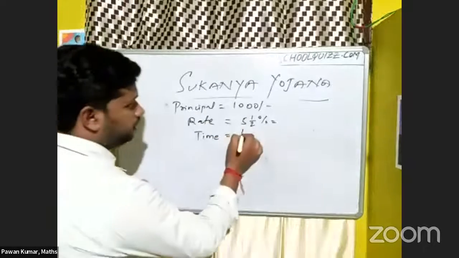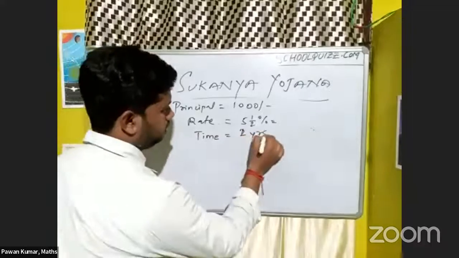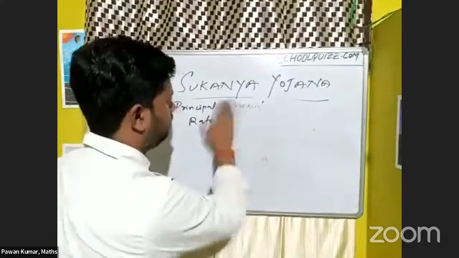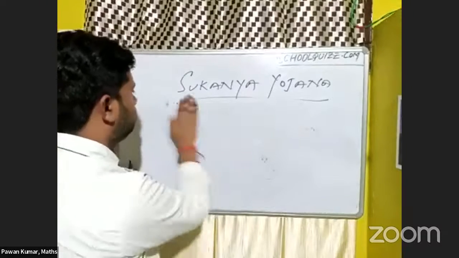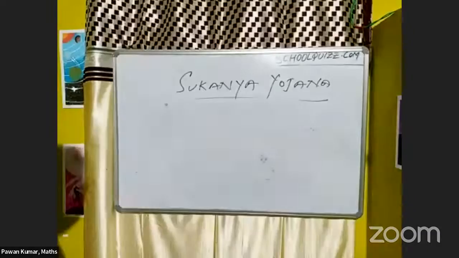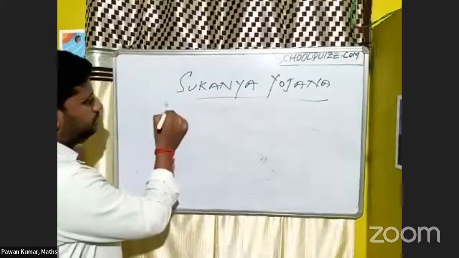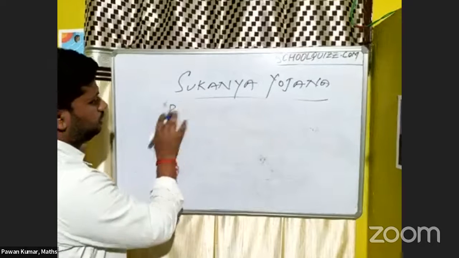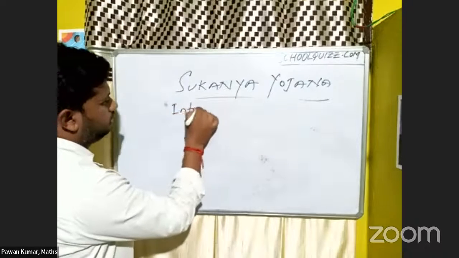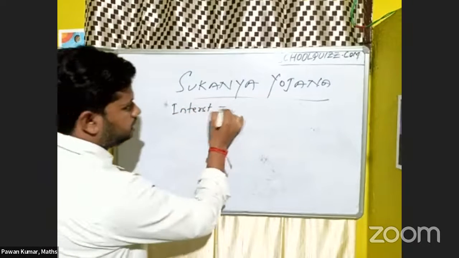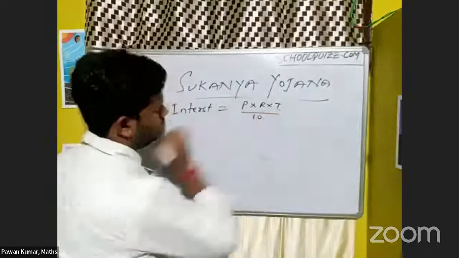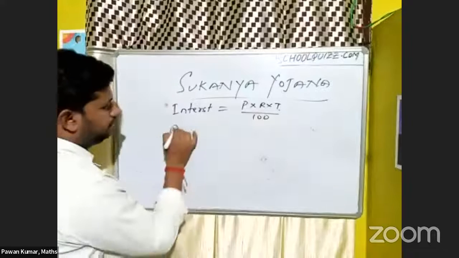So they do for 2 years. I'm saying, okay, wait. First, let's make the formula for that. See how the formula is made for compound interest. If I am saying the principal, interest, correct, interest is nothing but P into R into T by 100. Suppose at last you are taking an amount there.